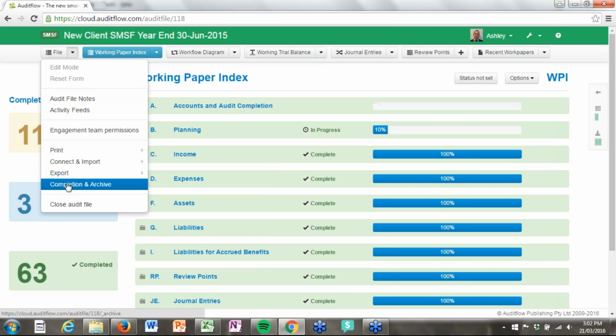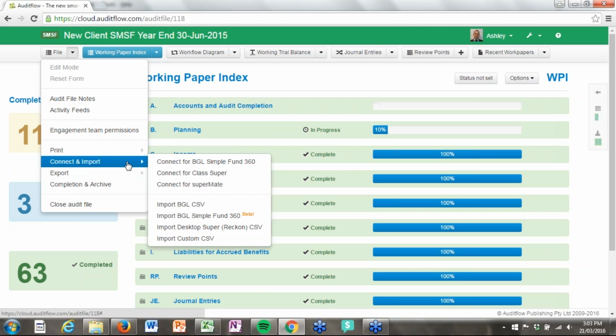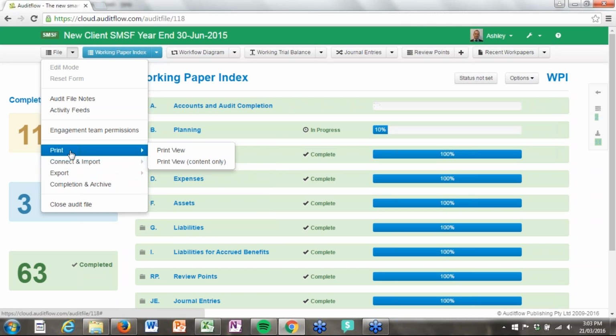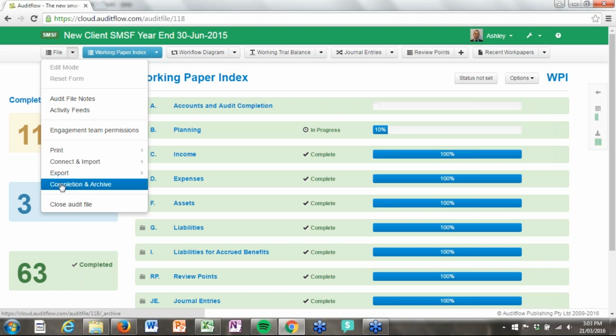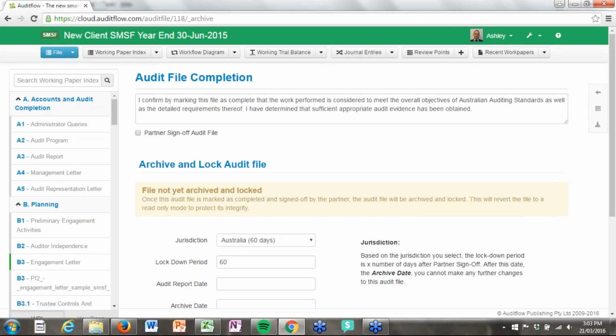If I want to save a hard copy as a PDF file, I should say, you would export the entire audit file as a zip archive. That will save it all as one PDF document, as opposed to, if I choose that print option, having to do every page individually. Once I've done that, if I tick the complete and archive option, you'll come to this